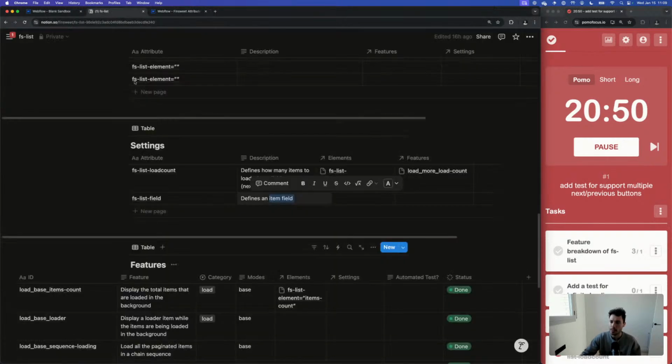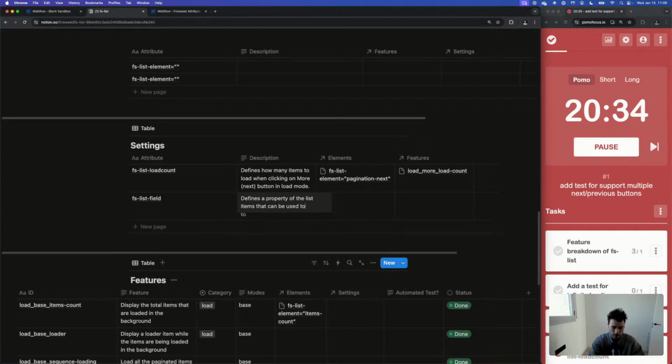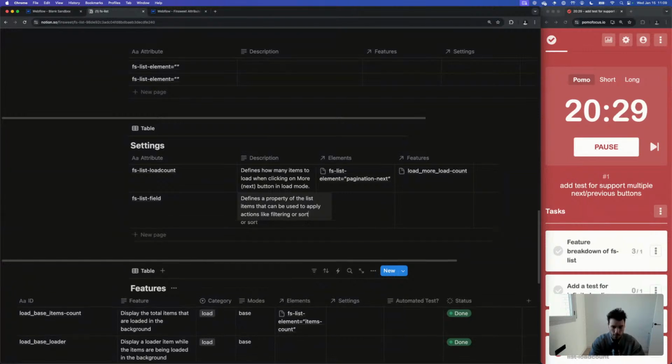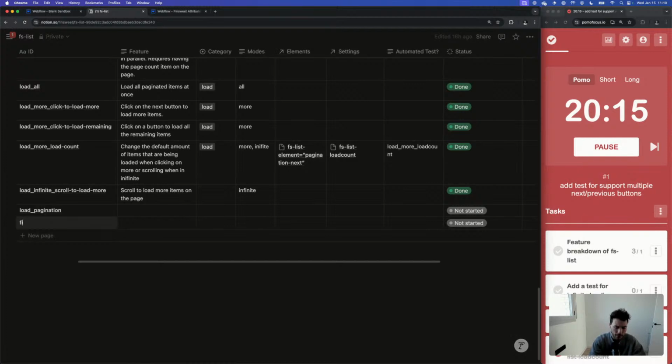So it defines a property of the list items that can be used to apply actions like filtering or sorting. Great. And the elements that this affects doesn't apply directly to any element, but the features, that's what I want to define. I want to define filter.